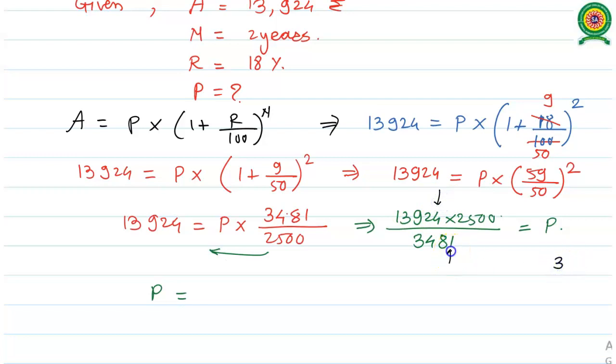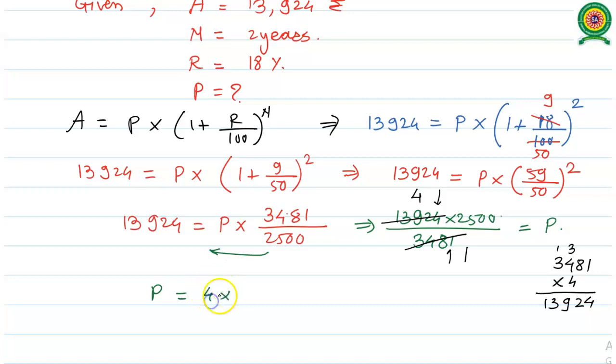1 4 is 4, 8 4s are 32, carry 3, 4 4s are 16 plus 3, 19, carry 1, 4 3s are 12 plus 1, 13. Exactly, we are getting 13,924. 3,481 1s are 3,481, and 3,481 4s are 13,924. So the value of P